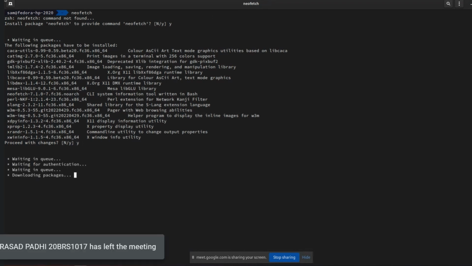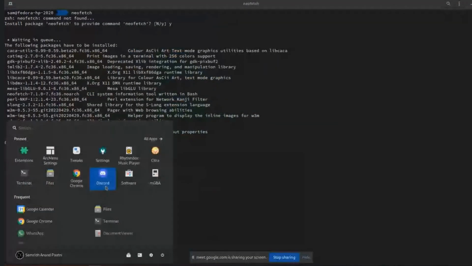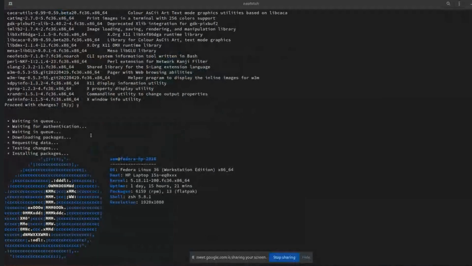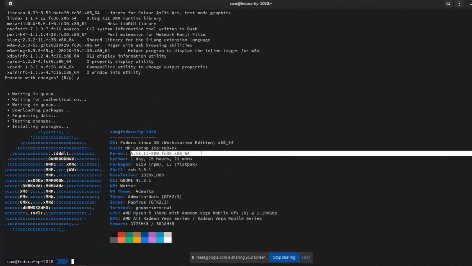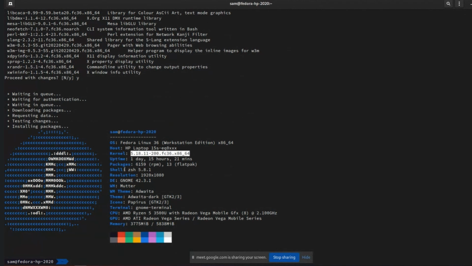Okay, so you can see this is my system information, and you can see my OS, the complete distribution, is Fedora Linux 36. The kernel is another part, and this is the part which is actually Linux technically. And you can see there are a lot of other things, but you can see something called a DE and